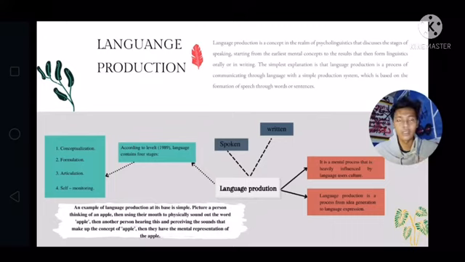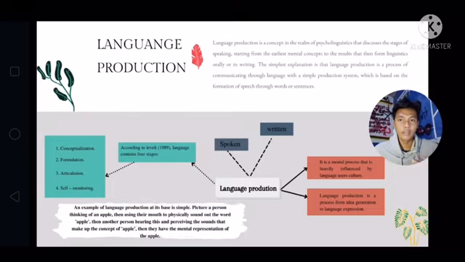Third is articulation, where we execute the plan through the muscles in the speech system, and the last is self-monitoring. We monitor our speech, assessing whether it is what we intended to say and whether we say it the way we intended to. So I will give you an example